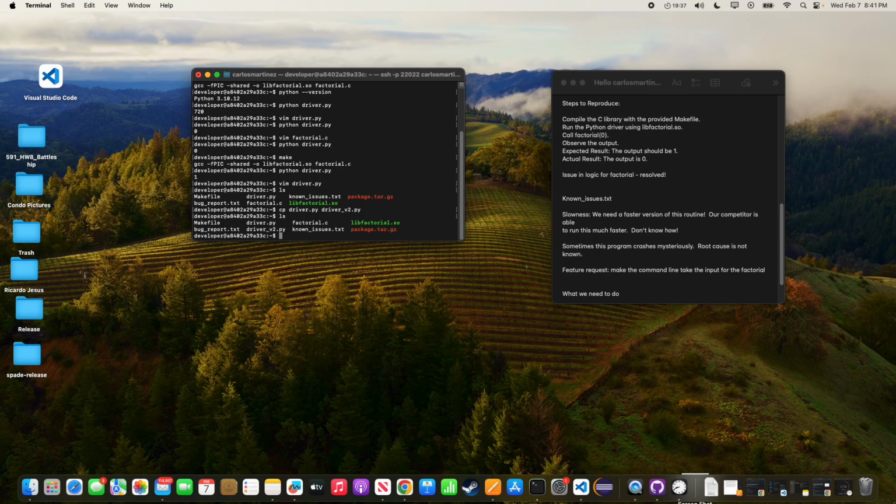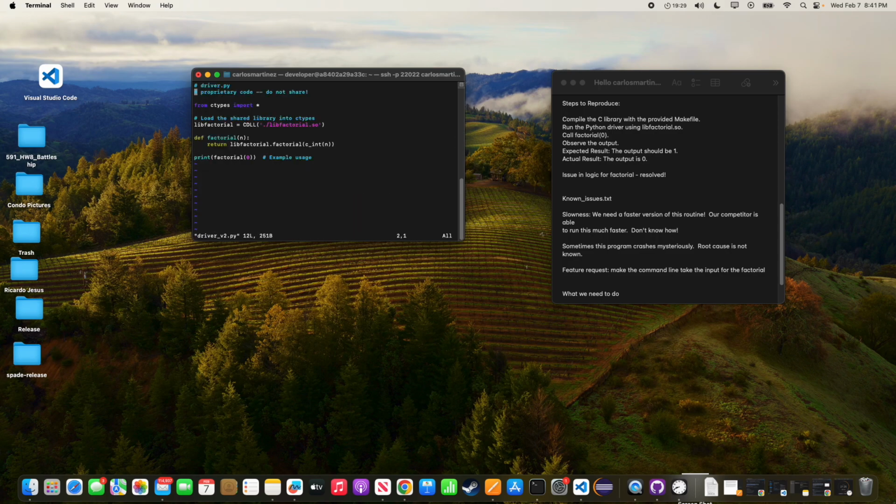So vim driver_v2.py. Okay, so let's change this. Let's just import what we need. I think import